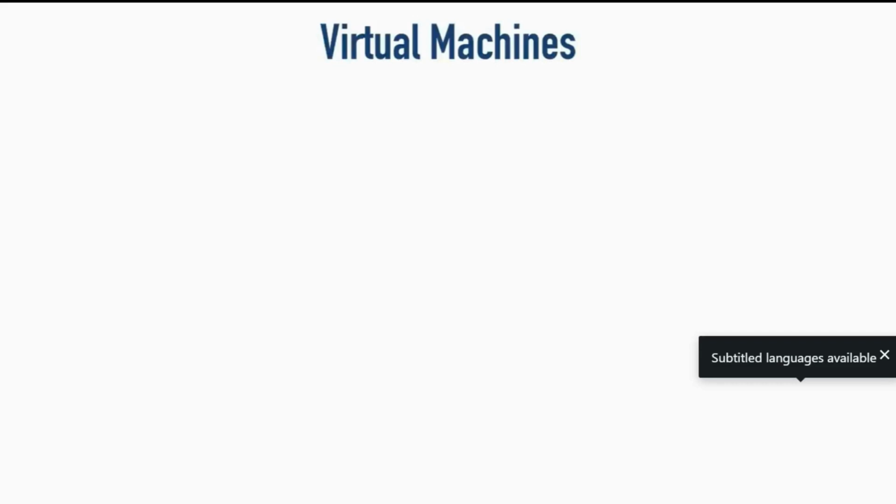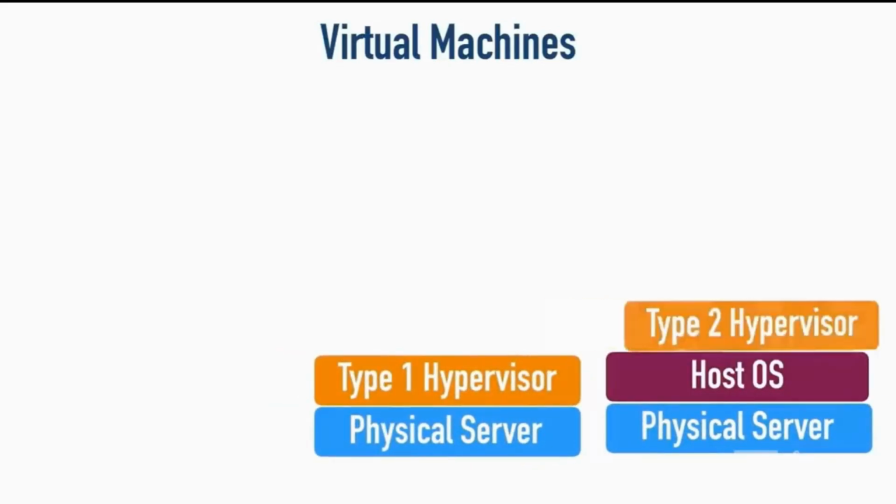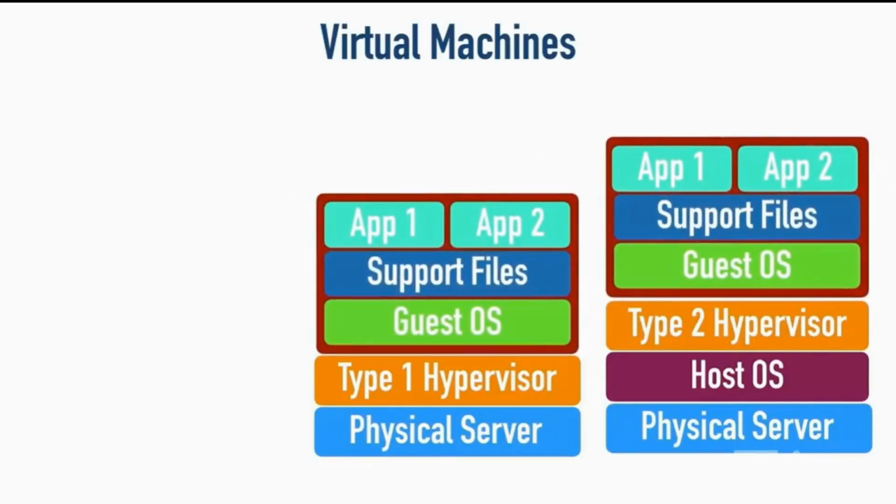Last video, we saw that we could install hypervisor software to let us run multiple virtual machine instances on a single physical machine. And we talked about two different types of hypervisor software. Just as a quick review, we had type 1 and type 2 hypervisor software. The difference was type 1 hypervisor software ran directly on the underlying physical server's hardware, while type 2 hypervisor software ran on an underlying operating system, such as Microsoft Windows,